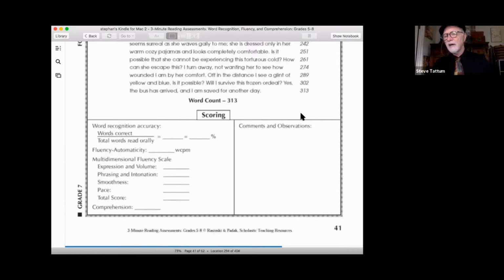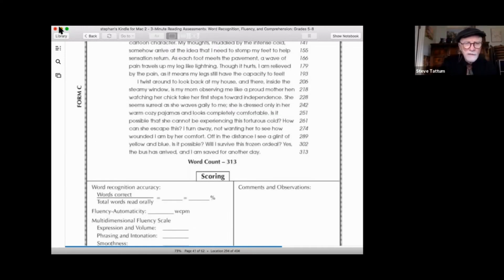So this is a good test through Scholastic. Again, cost about 10 bucks. It has a grade 1 to 4 and 5 to 8. I have both of them, okay? All right, so the Tower has 2 tests. It has 1 for nonsense words and 1 for real words. They're 45 seconds each. Okay. So let's look